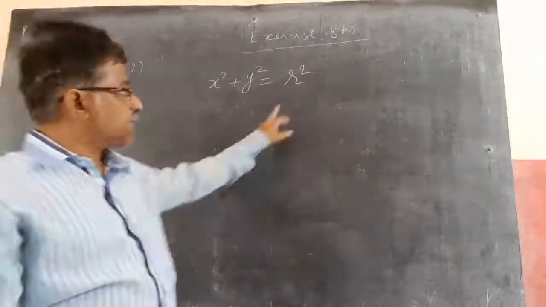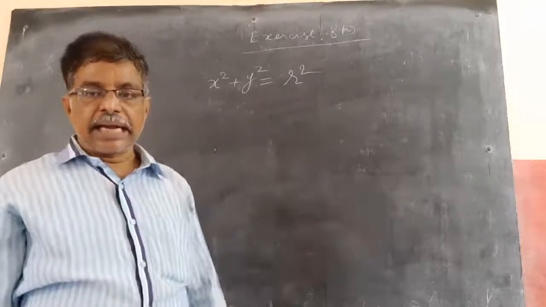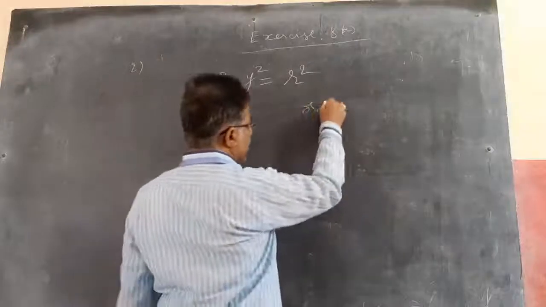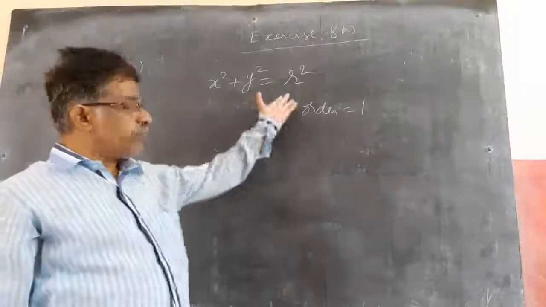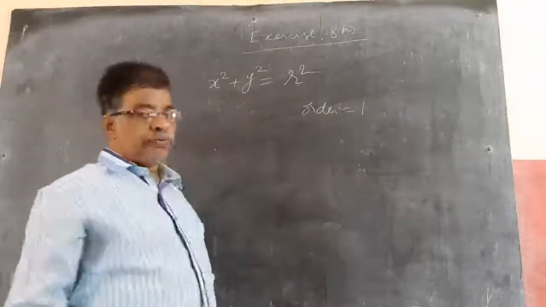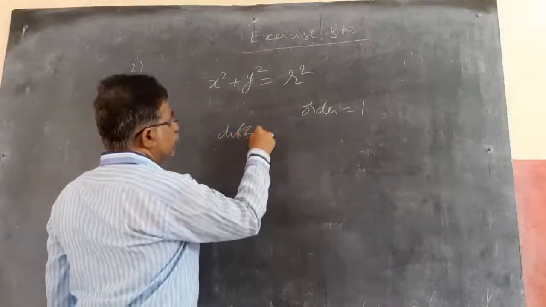Now how many constants? Only one constant. Differentiate one time, then you will get the order. He is asking only the order, so without doing anything, you can directly write order equal to 1, because there is only one arbitrary constant. And if he is asking the degree, then you need to differentiate. One constant, differentiating one time is enough.